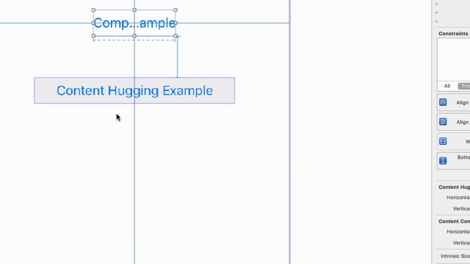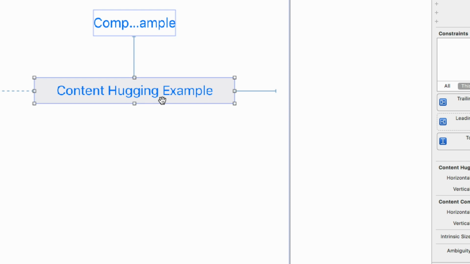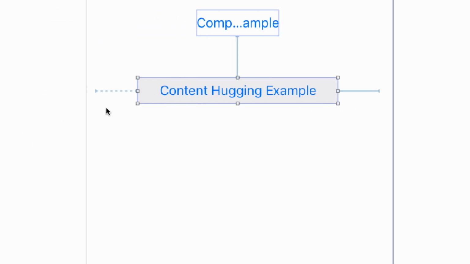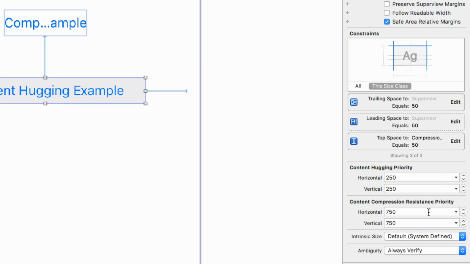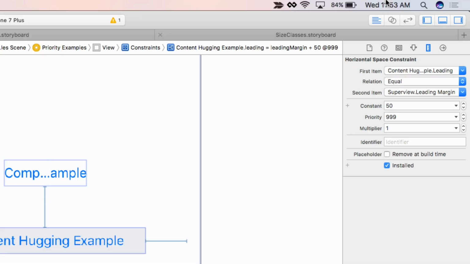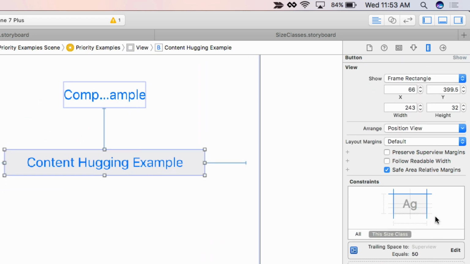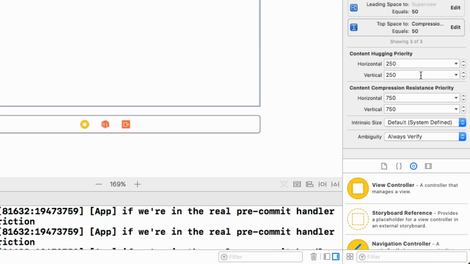Content hugging is this nice little gray box that we have, how close we want that to be to the text. If we look at the constraints we have here, there's a leading and trailing of 50. You can see again our leading has a little bit of a lower priority, and that's why we have a dashed line on this side. And then ultimately our content hugging is left at the default 250. If we jump into this, we can see that this is set to a priority again of 999. So if we go back to our label and we say that we want content hugging to jump up to, say, 1,000,